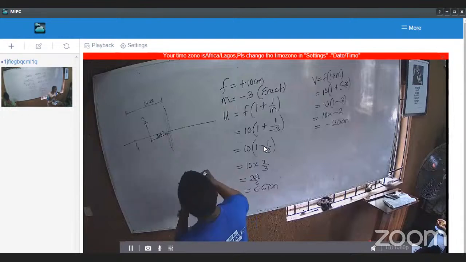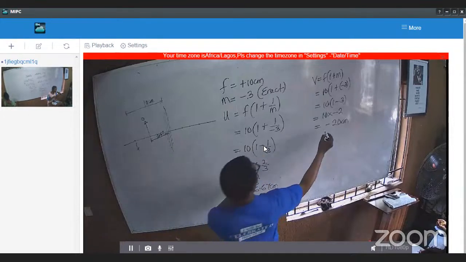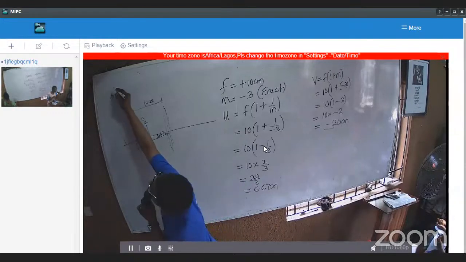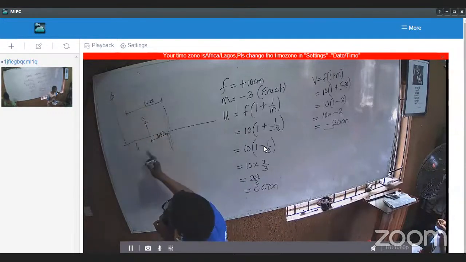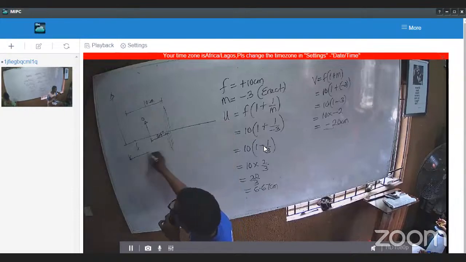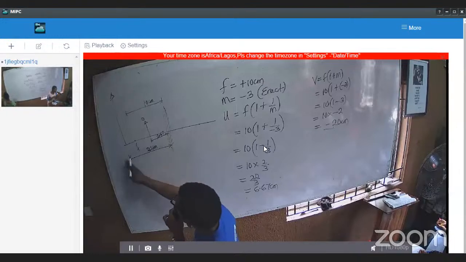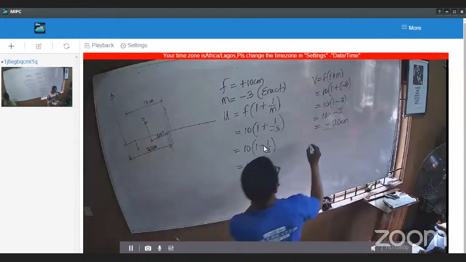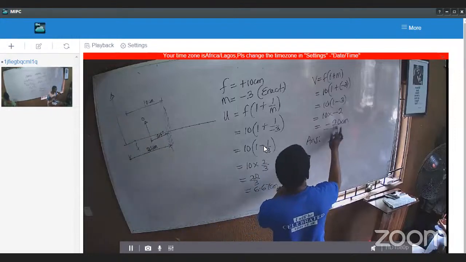So see, your virtual image is minus 20. That means how many will be here? Because it's erect. If it is real, it will form this side. If it is virtual, the same side. So from here to here now, how much? This is 20 now. The answer: find the distance between this and this. So our answer will be 20 minus